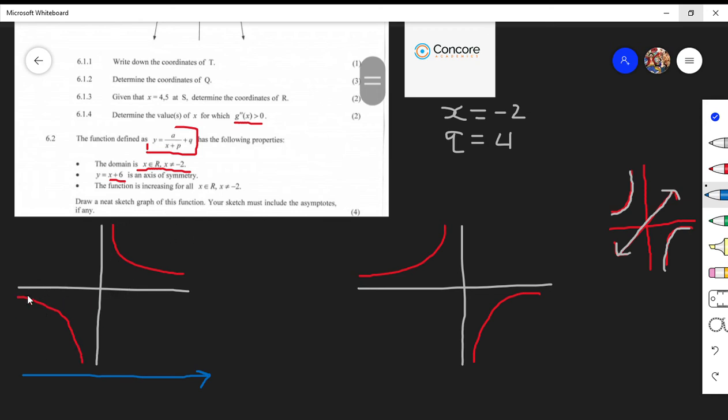So it went from negative y values to positive y values, because in quadrant 3 the y values for this graph are negative, in quadrant 1 the y values are positive. So as the graph goes from the left to the right, the x values are increasing, and the y values are increasing, which means that it's a